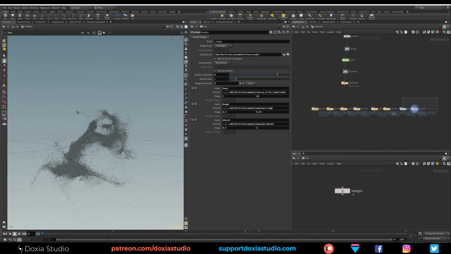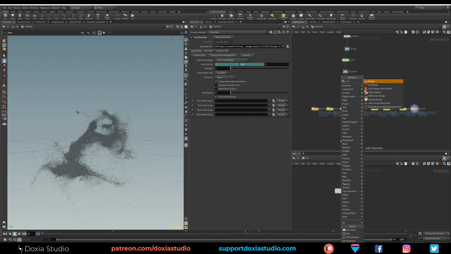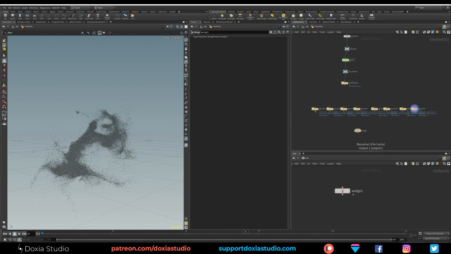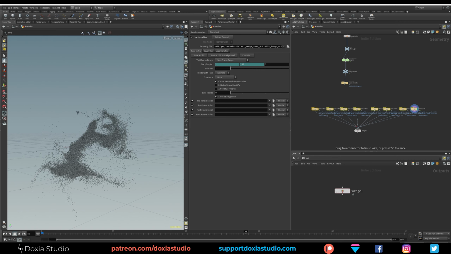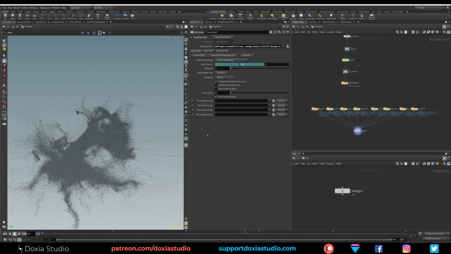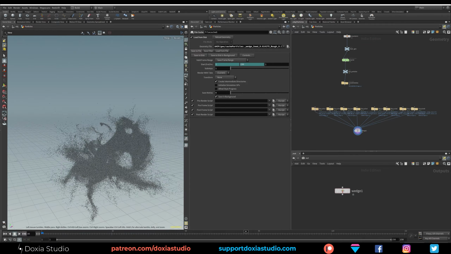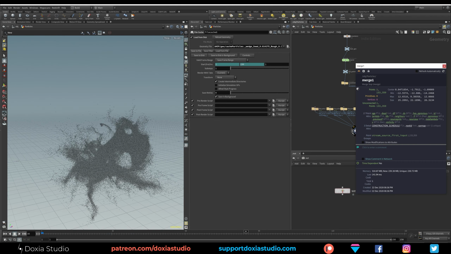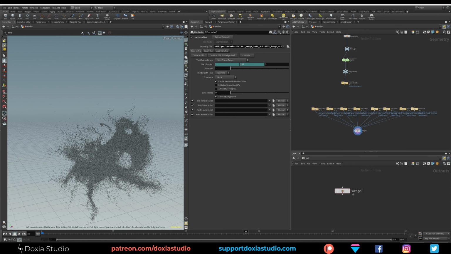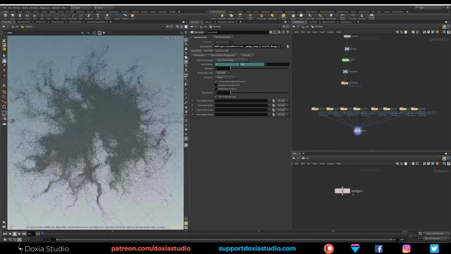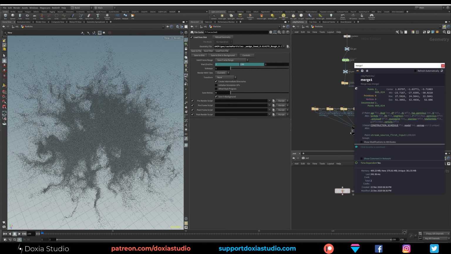Okay, and now I can place a merge and wire everything here. And if I link the merge, put the visible tag, now you can see that we have a lot of particles, and let me see, we have 1 million particles. Pretty cool. And we are on frame 85. We want the last one. Let's go to 150. Okay. Beautiful. And we have 2 million particles.